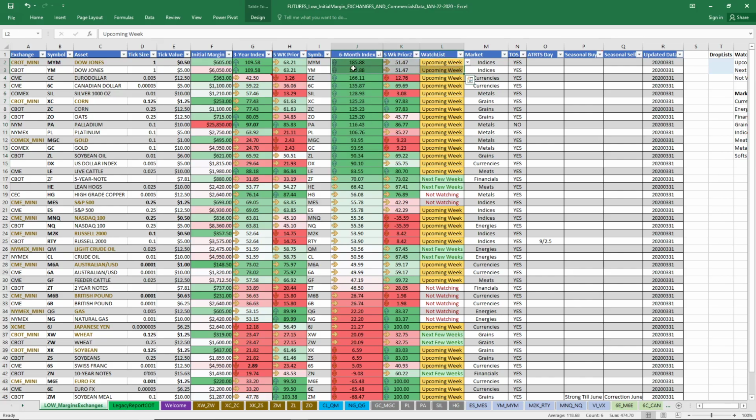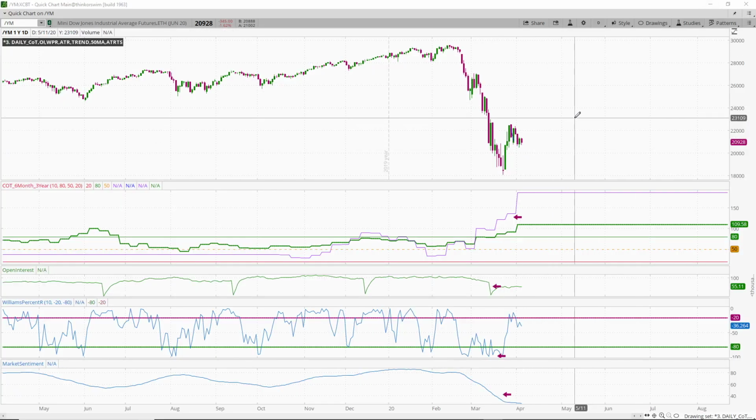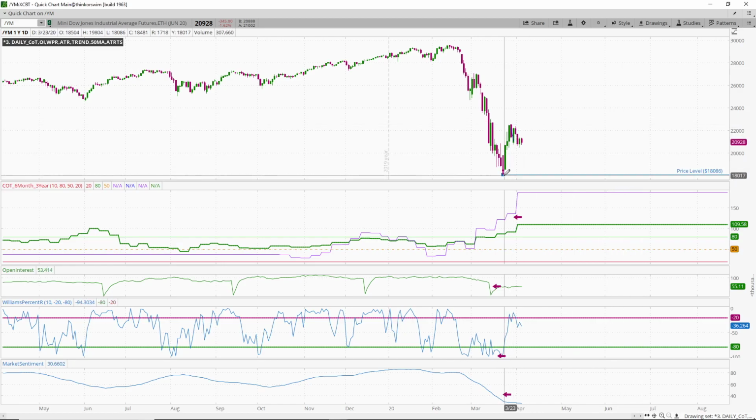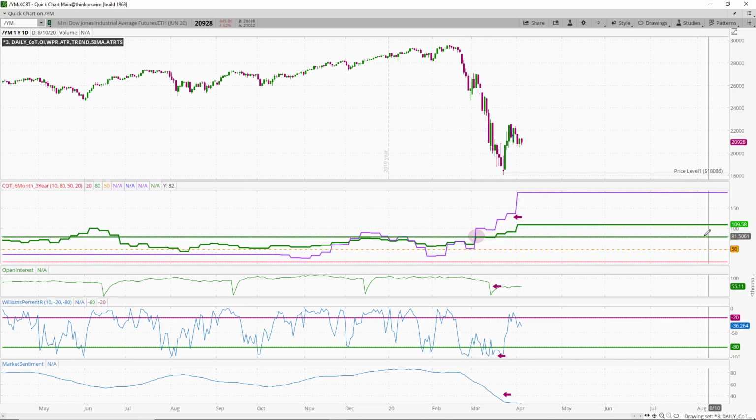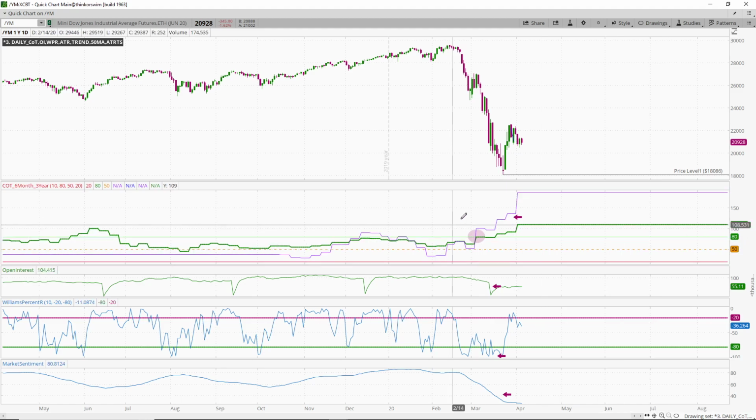So we're going to continue to look and monitor the Dow Jones. We really want to keep paying attention to this. So aligning ourselves with commercial interest really put us at an advantage, I believe, to be able to participate with this market bounce that happened. So we've got our daily time frame loaded up, and we've just been following commercials for the last several weeks. And when we break up over this 80% mark and into 100 territory, they're setting new highs on a 6-month index. And also true to that is on the 3-year index.